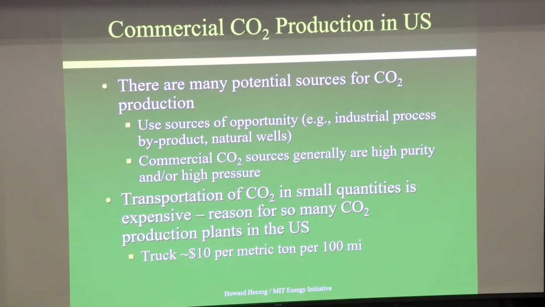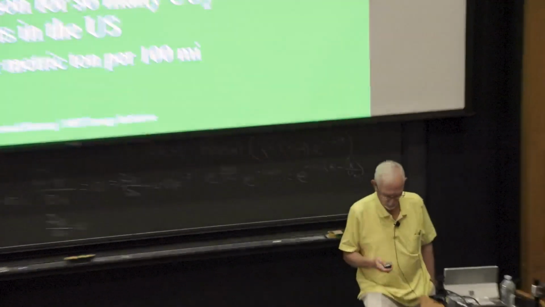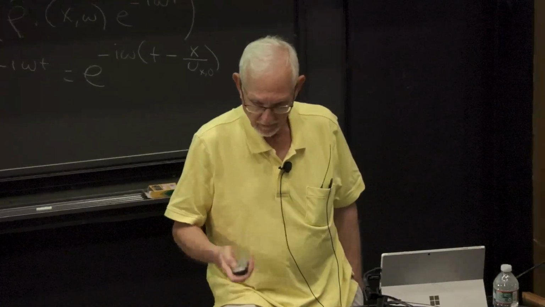So the way CO2 is produced today is there are a lot of small CO2 production plants, on the order of 100 plants. Why is this? CO2 doesn't travel well in small quantities. So the transport costs can get pretty high if you're going more than a couple hundred miles from where the CO2 is produced. And where they have these plants are where there's good opportunity for the CO2,